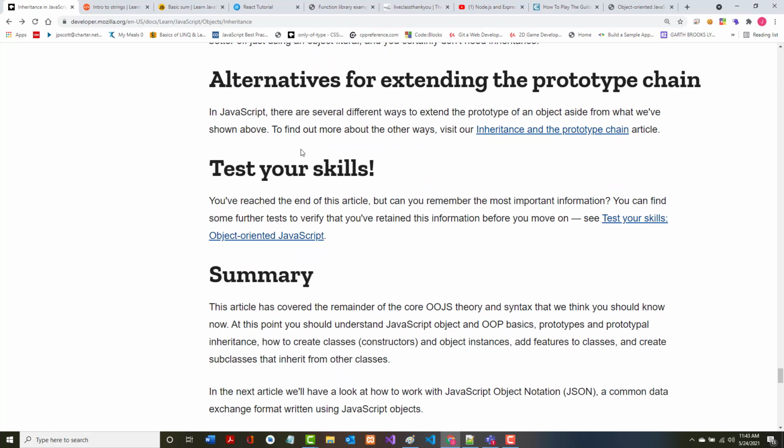Alternatives. It says in JavaScript there are several ways to extend the prototype in addition to what has been shown above. If you want some more of those ways, you can take a look at that article. Again, as always, I'd strongly recommend that you try to test your skills here. And to summarize,